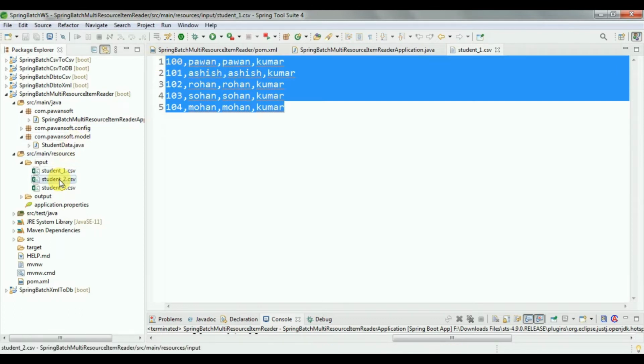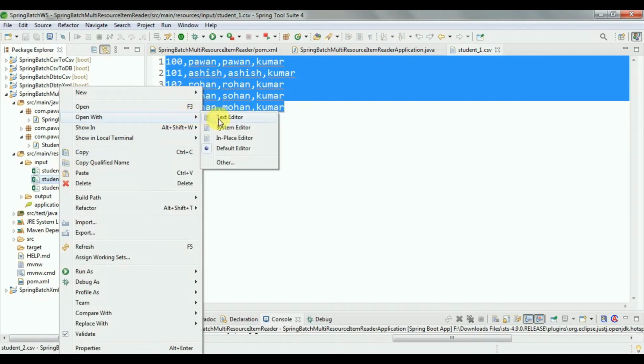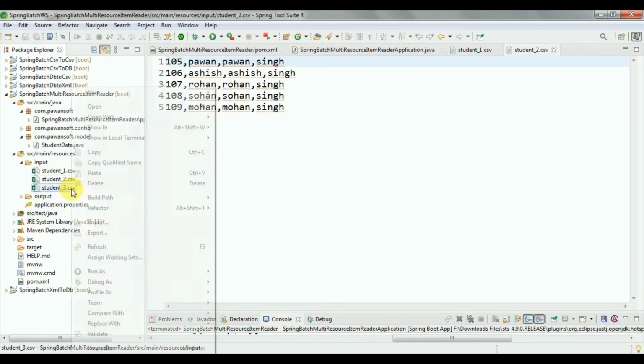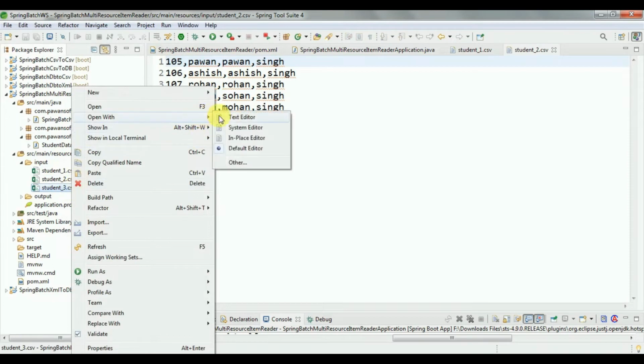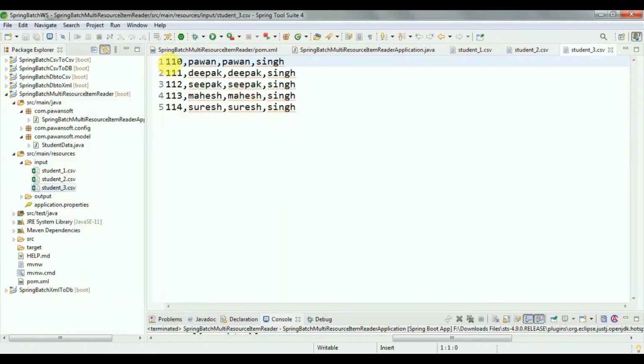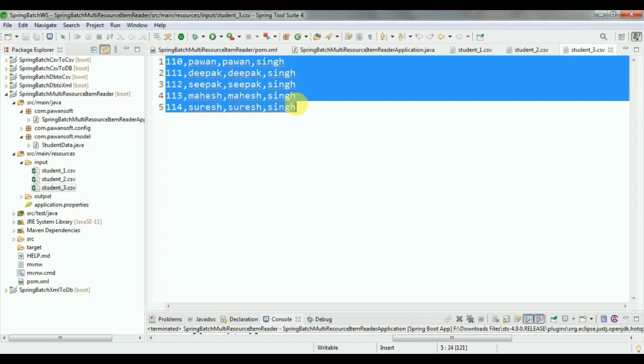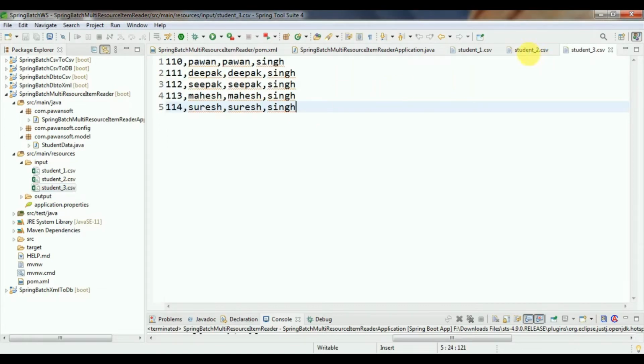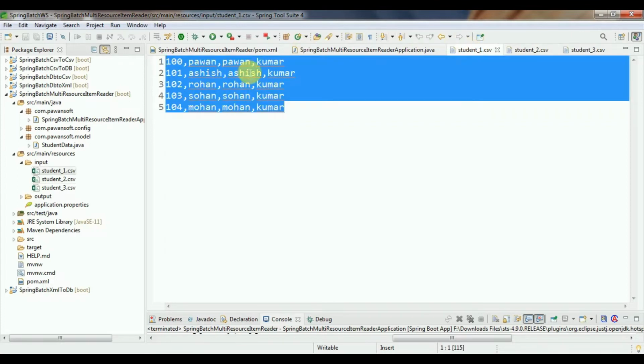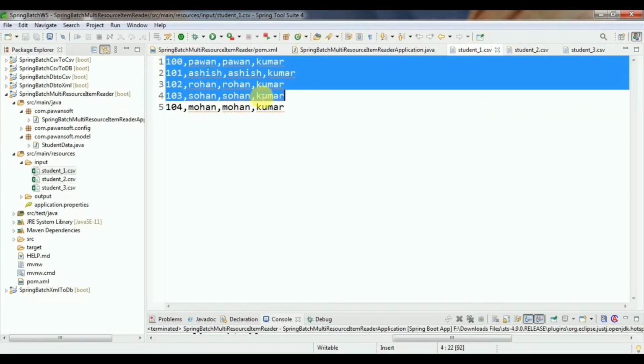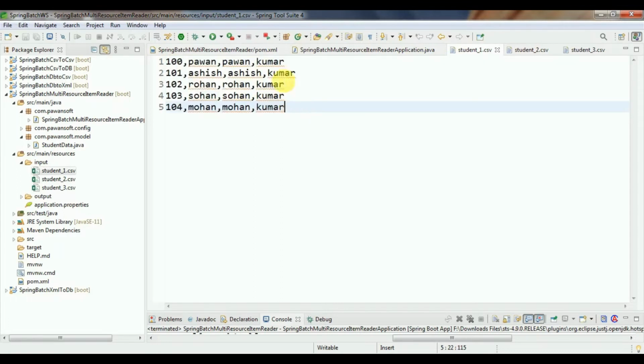In each CSV file, the records are 110 to 114 in the first, 15 to 19 and 100 to 104 in the others. In total 5 records in the first CSV file, 5 in the second CSV file, and the third CSV file also has 5 records.